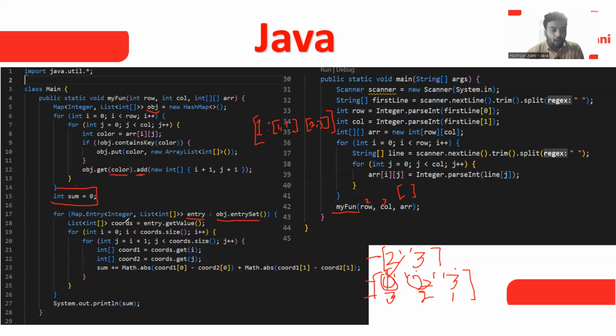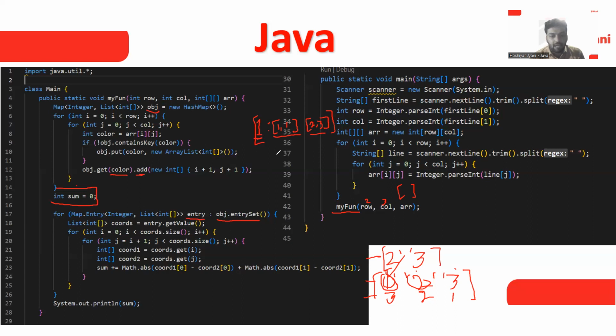Okay. So after that, guys, you can see here we are creating a list. So list of integer type, and this codes is a variable, and we are storing in this the value of each entry, like entry dot get value, like first entry is 1. Okay. So we are getting the value, entry dot get value, like we get these two values, and this value is stored in integer type.